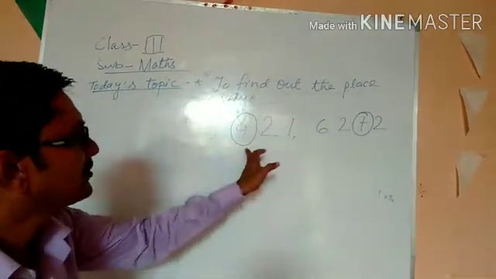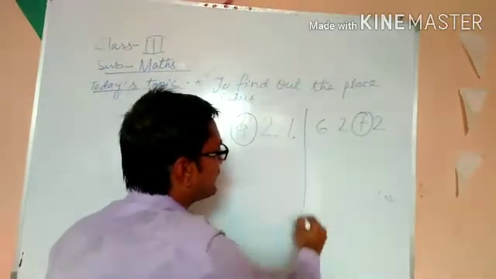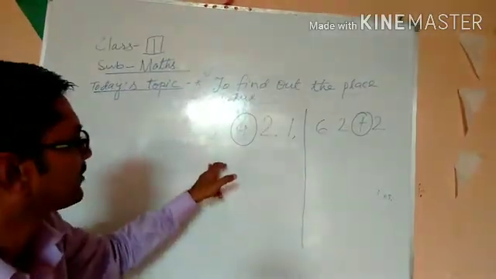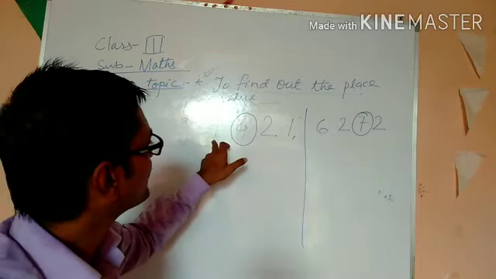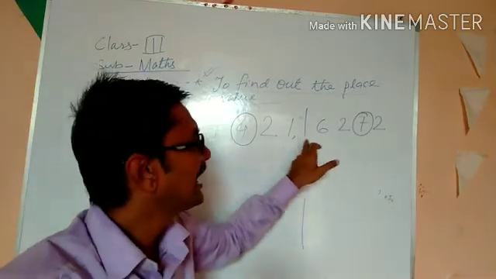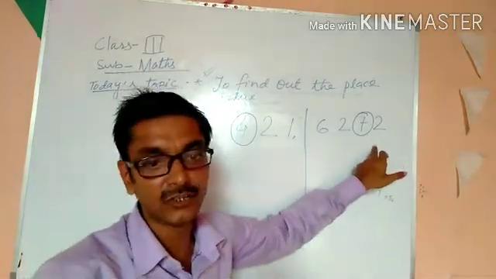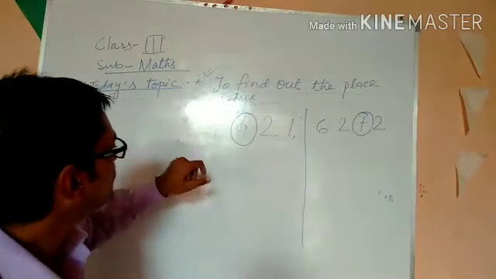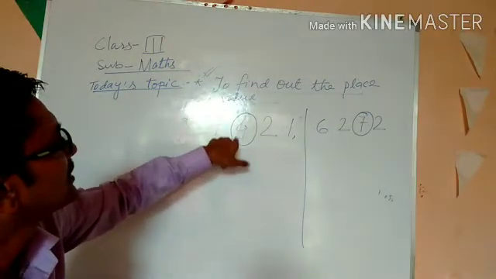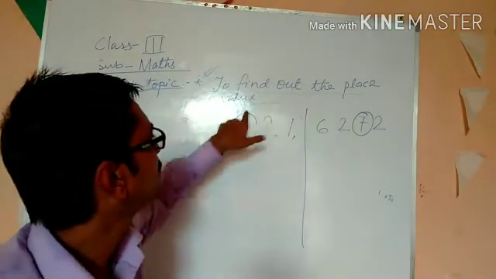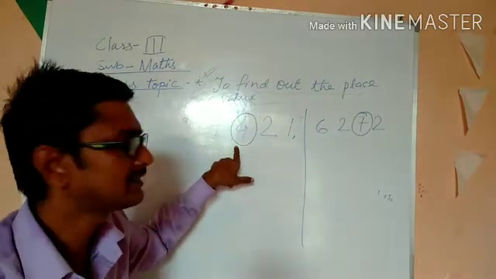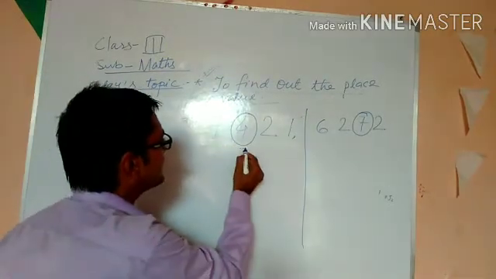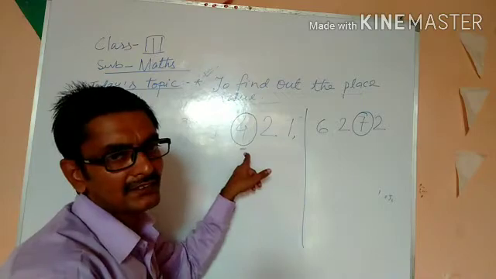Now, as you can see here, we have taken two examples here at one time. That is 7,421 and 6,272. Okay. So as we can see here, we have to find out the place value of this encircled number. Both are correct. Is it clear? Here we can see the 4 occupies the 100 place.